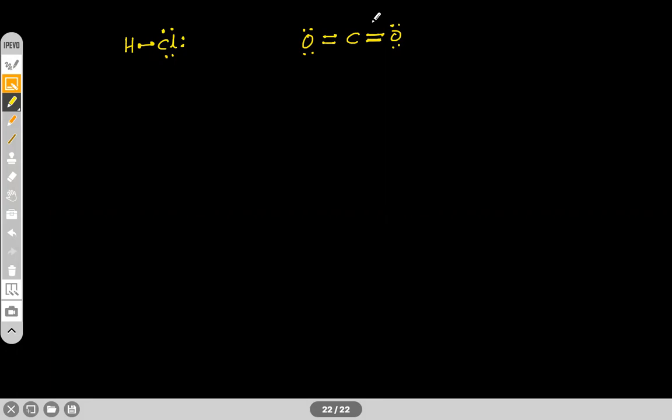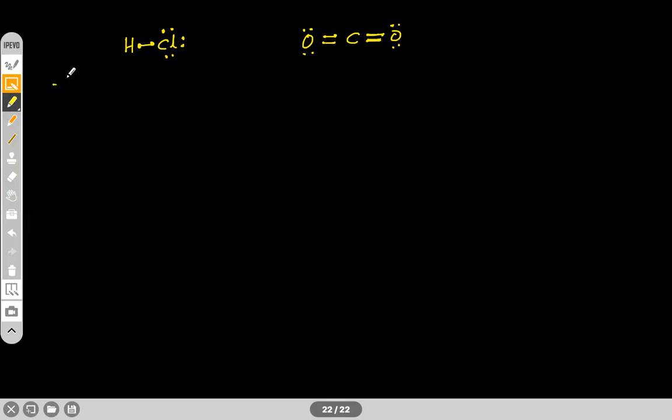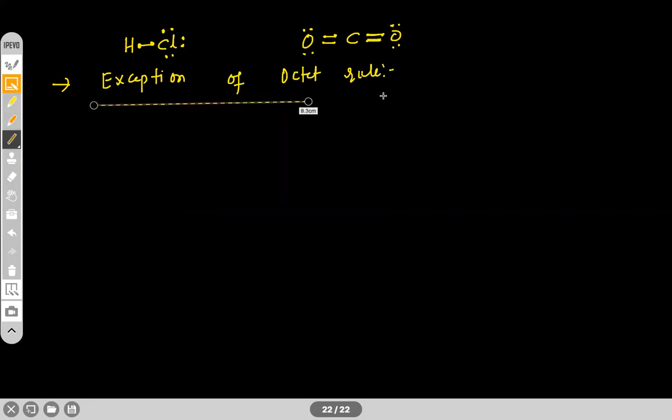Right? Most of the compounds, in fact, do not follow octet rule, but still they form compounds, and those compounds are stable also. That's why all these compounds we study under exceptions of octet rule. Write down. Exceptions of octet rule. The first one,